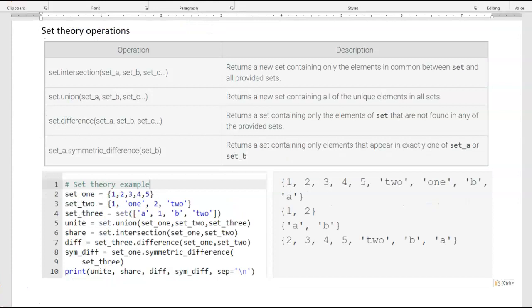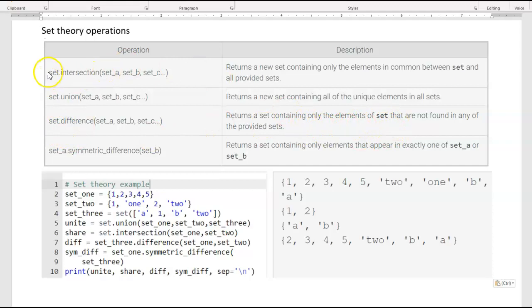There are several set theory operations you want to be able to perform on sets. So set.intersection takes an intersection between, that would be what they share, group of things that are in all of the sets, that are common to all of the sets. Then a union puts all the information from all the sets that are in here together. The difference actually has, this should be like a set A here, so I think there's a typo. This is a particular set that you want to see the difference from the rest of them. So it returns a set containing only elements of the set that are not found in any of the provided